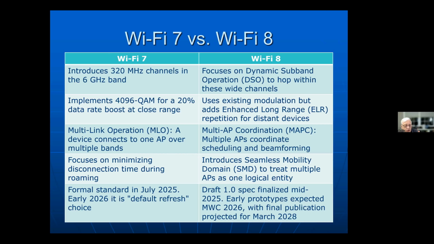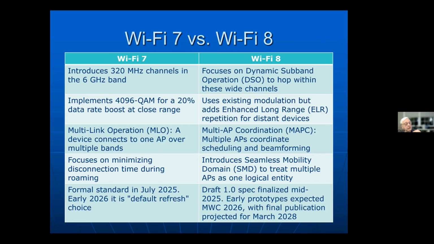Wi-Fi 7 has multi-link operation over a single access point, whereas Wi-Fi 8 talks about multiple AP coordination, so you can have multiple access points coordinating scheduling and beamforming. Wi-Fi 7 focused on minimizing disconnection during roaming, and Wi-Fi 8 introduces this thing called seamless mobility to treat multiple APs as one logical entity. Now, in terms of time frame, Wi-Fi 7 had formal standards in 2025,